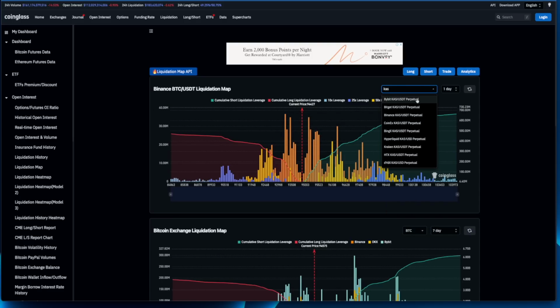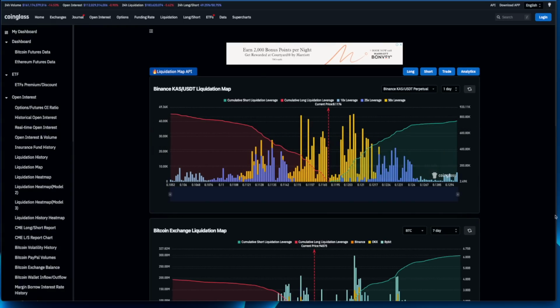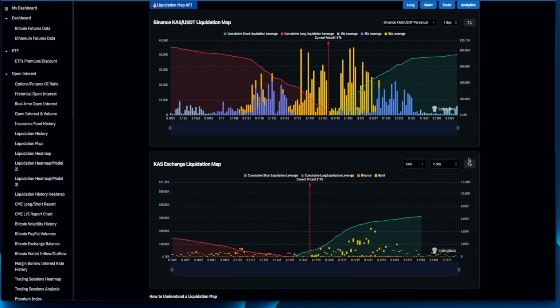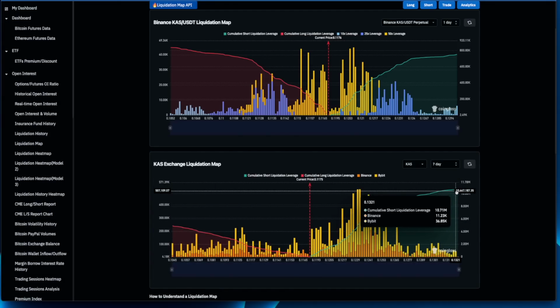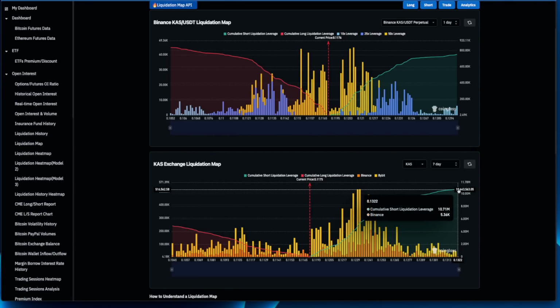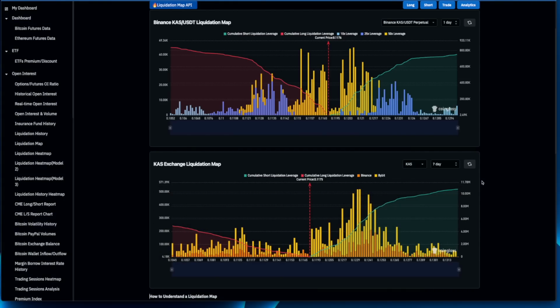So Kaspa, Binance. So more people are actually longing Kaspa now on a daily at least. However, that's almost even. And now looking at all of the exchanges on 7 daily for our beloved Kaspa, the bullish thing is that everybody is shorting. And when everybody is shorting, well, everybody usually is getting wrecked. Okay, so we've got 10.7 million worth of shorts versus 4.9 million. Okay, so that's basically double, over double.